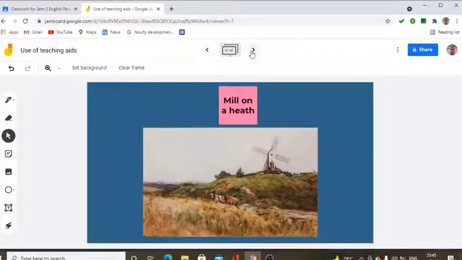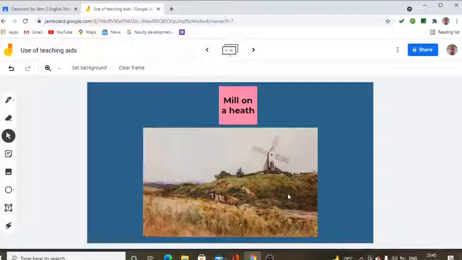Now we move on to size. Now the teacher displays this particular picture, which is a little larger in size. This is a picture of a mill upon a heath, and the teacher asks, students, can you tell me what